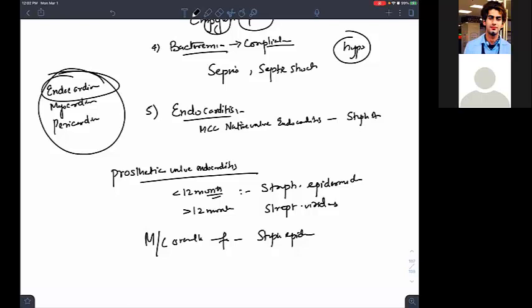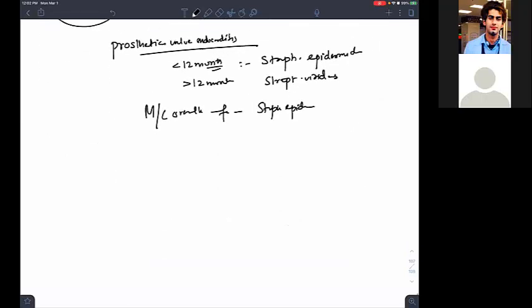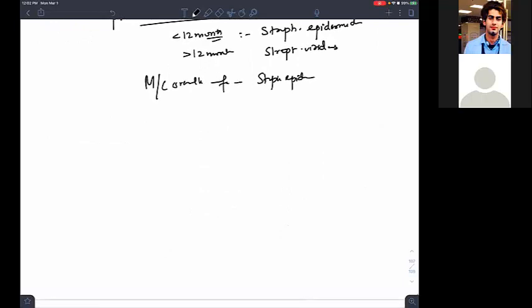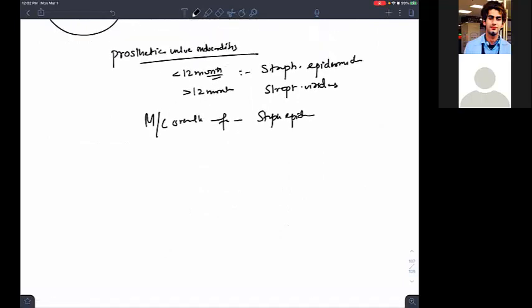I want to put this in great detail here. I want to finish it right now. I don't want to keep a place for this. There should not be any loophole in this concept. Now, if they give you a case, there is a patient who was an IV drug abuser. He was taking drugs. What is the most common cause of endocarditis in this patient? Because he's a drug abuser, he is an IV drug user.